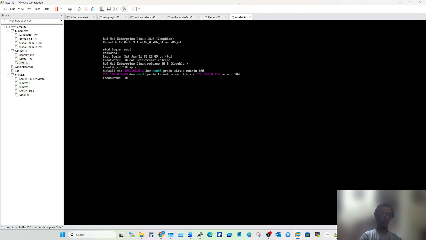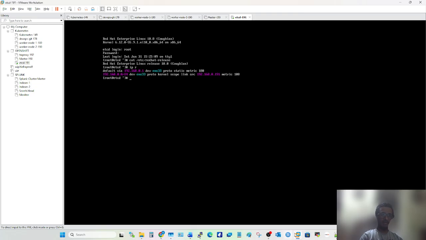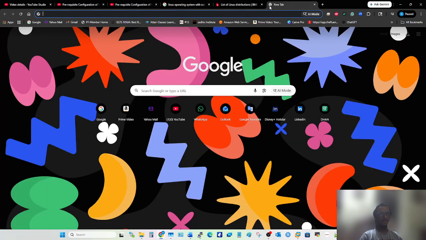If you have 8 GB or 4 GB RAM in your laptop, just create one simple virtual machine. There is another software I can mention. This VMware software is somewhat heavy.